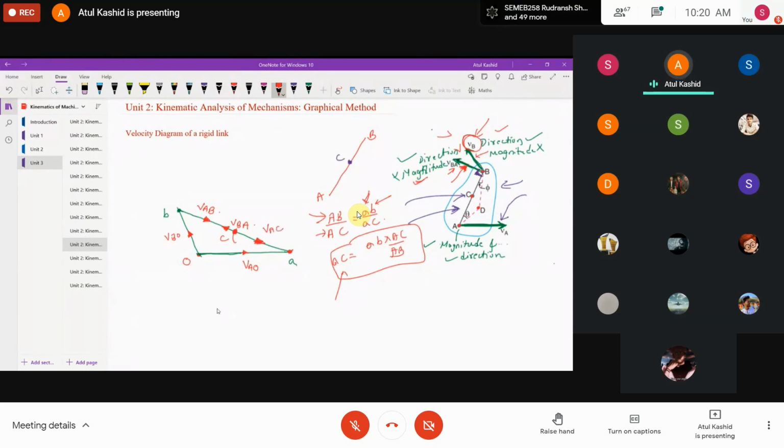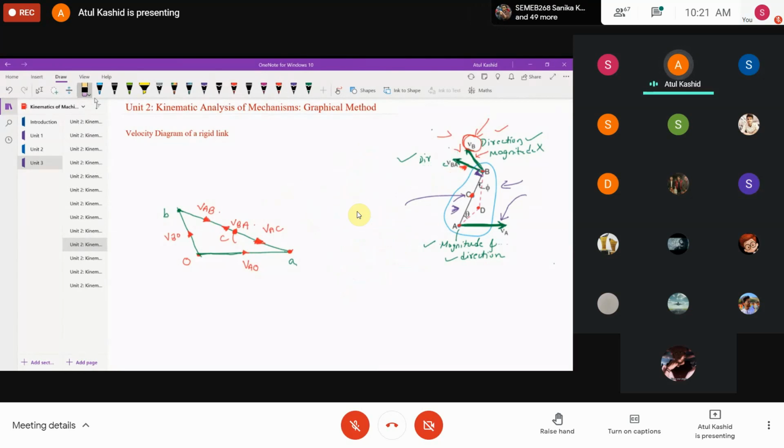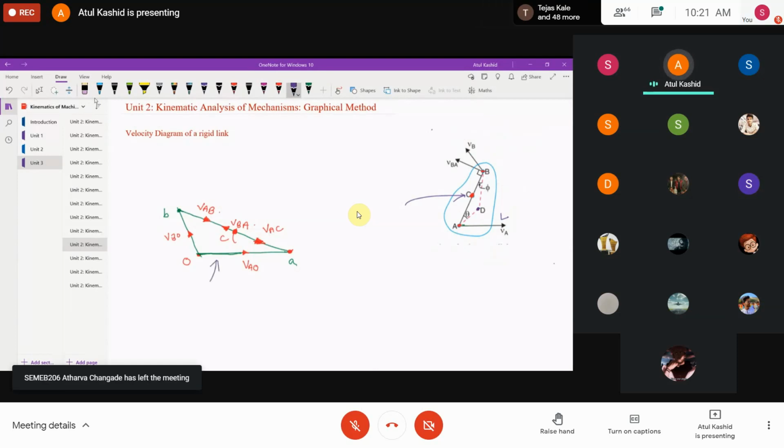So any point which is there on the link, we can take it on the velocity polygon by using this equation, because here C is dividing the line AB in the ratio, and in the same ratio it is going to divide it in the velocity diagram, right? So this simple formula we are going to make use of when we will solve the numericals, right? Similarly, you can see the point D is also there at the outside of the link, right? So here you can see the point D is there, right? So in the similar manner, we have drawn the velocity diagram. In the similar manner, we can also locate the point D over here, right?